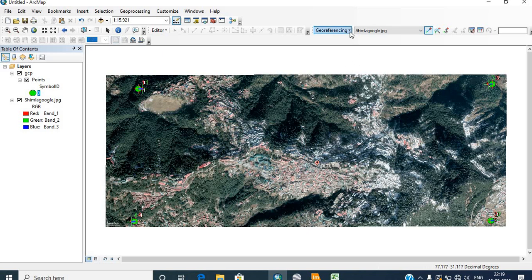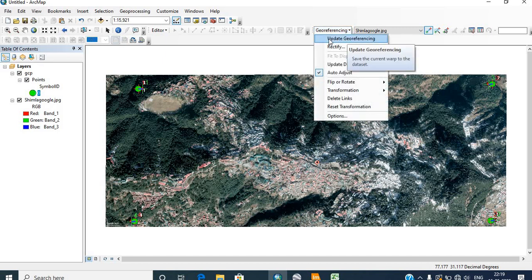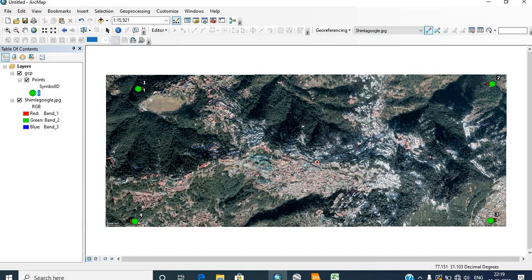Now what you have to do is click on this georeferencing and click update georeferencing. Okay, now this image has got georeferenced, but only the geographic coordinates have been added.